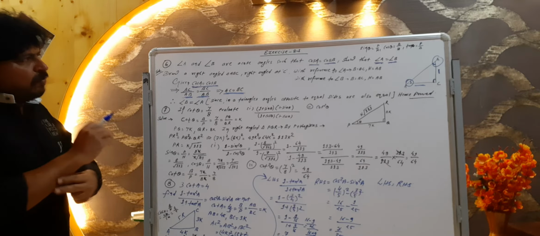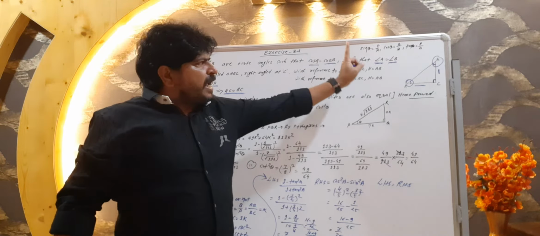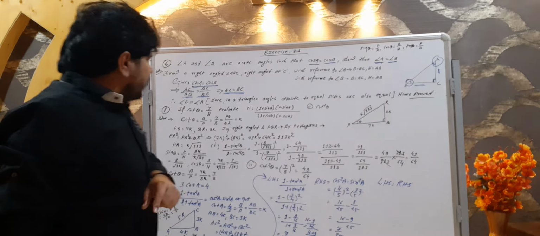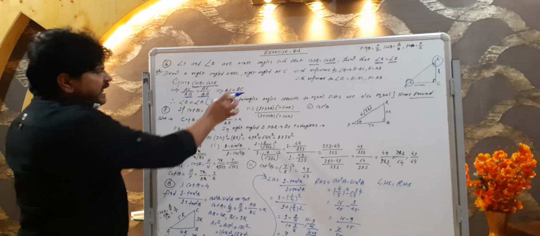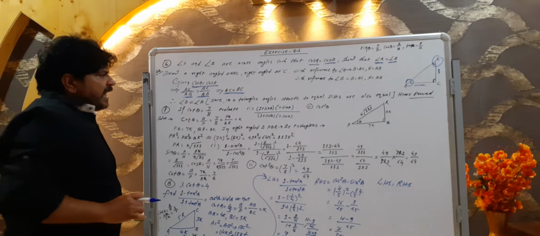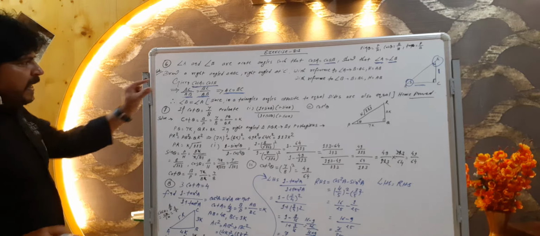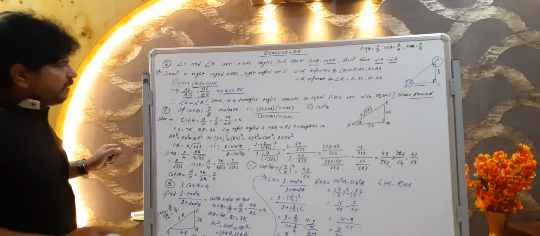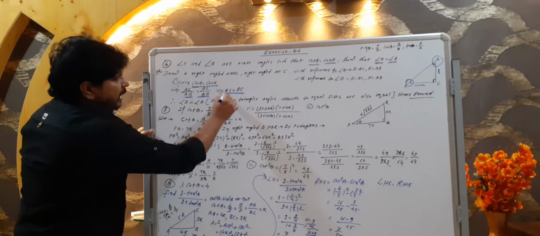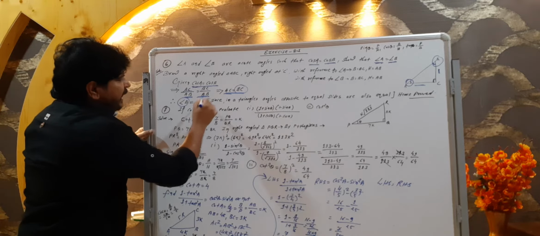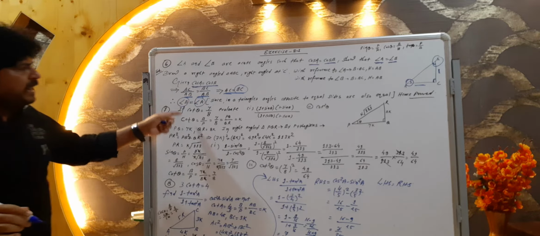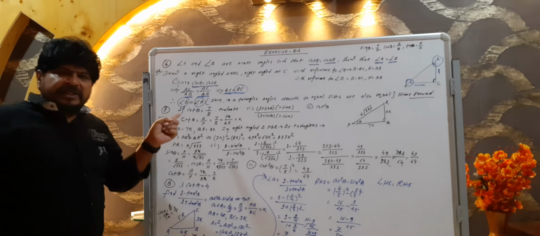Now, what do we have to show? We have to show angle A is equal to angle B. We got one result, that AC is equal to BC. If AC is equal to BC, in that case what will happen? In place of AC we will write angle B and for BC we will write angle A. Means angle B is equal to angle A.